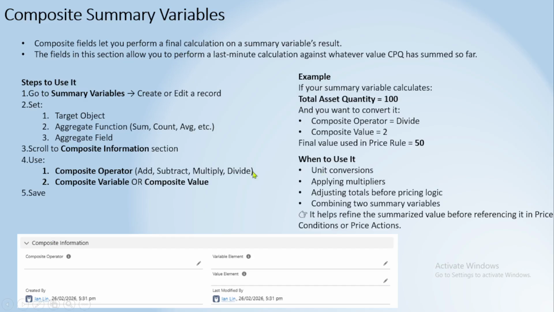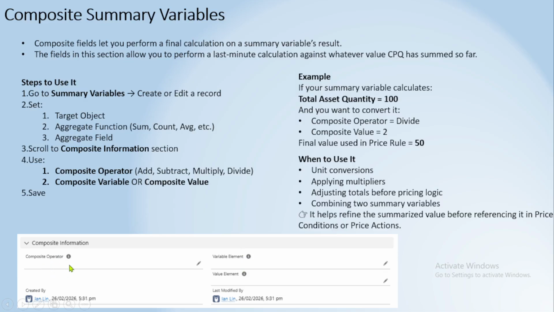When you open the summary variables, there is one more section, composite information. The composite operator means add, sum, multiply, divide, whatever you actually want to perform. Value element means that you are giving the value. It means I want to add 50, add 60, add 30. Variable element means you want to add one more variable and put some calculation on that.